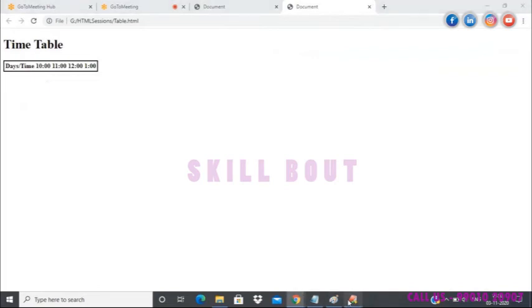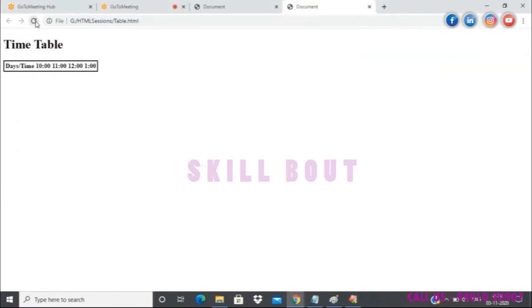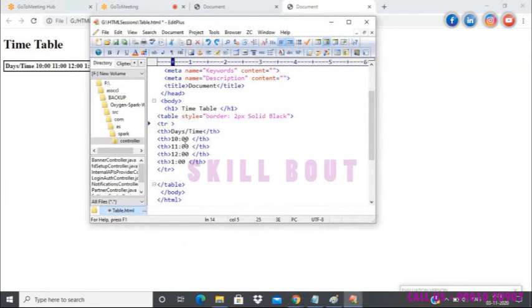Now let us try to have a border available for this. We'll check if this works here. So it's not consistent for tr, but then again, you may have to give it something like this.